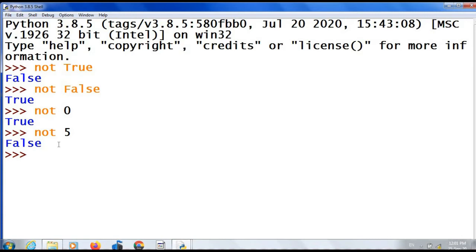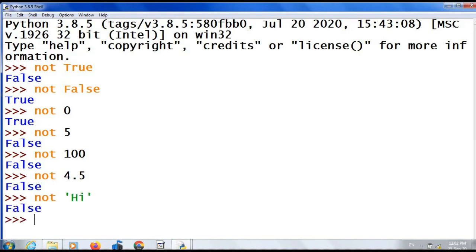Not true is false. Not 100, false. Not 4.5, false. Not a string, false. Not 3 greater than 4, true.